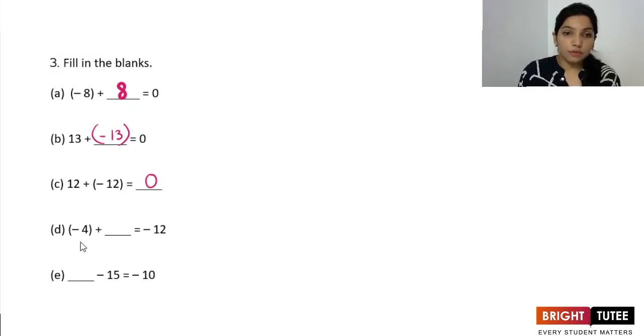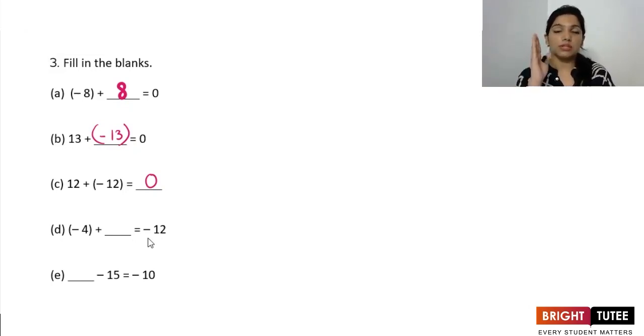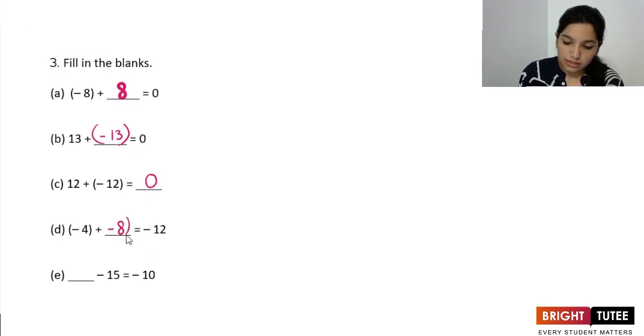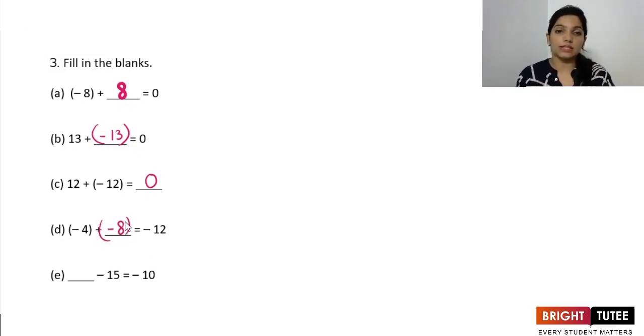Now minus 4 plus something gives minus 12. Okay, minus 4, you add something to get minus 12. So start thinking that you are sitting on minus 4 on a number line. Which direction do you need to move to reach minus 12? You need to move to the left. And how many steps from 4 do you need to reach 12? You will need 8 steps. So minus 8 steps. From minus 4, if you take minus 8 steps, that is 8 steps to the left,